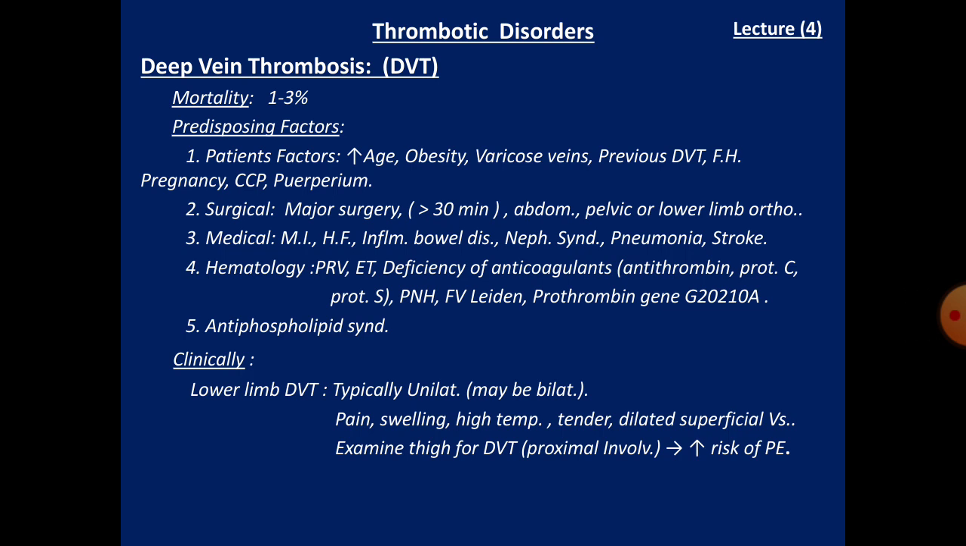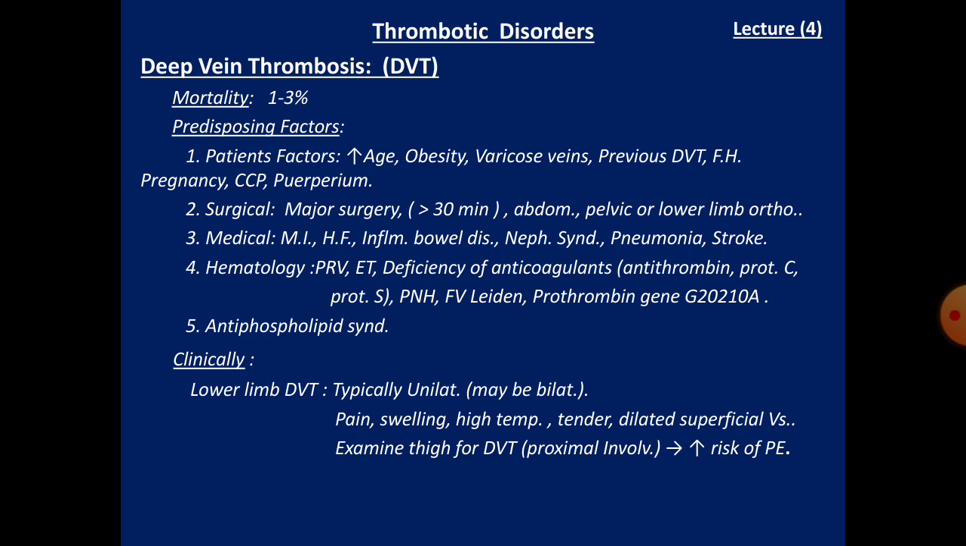This is predisposed to deep vein thrombosis, and those patients with abdominal, pelvic, or orthopedic surgery of the lower limb have high risk to develop deep vein thrombosis. We have medical conditions like myocardial infarction, heart failure, inflammatory bowel disease, nephrotic syndrome, pneumonia, and stroke. These increase the risk of deep vein thrombosis, and hematological disorders with the myeloproliferative disorders like polycythemia vera, essential